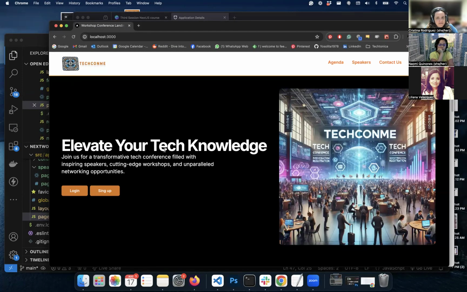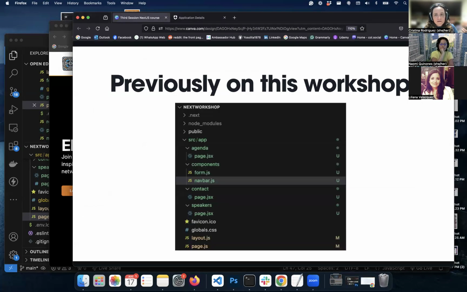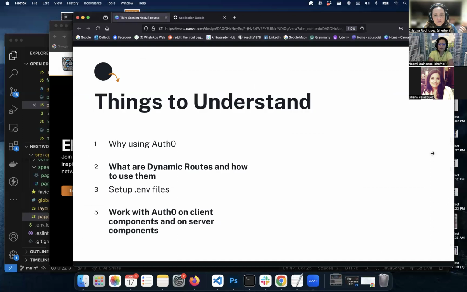Again, this is the whole session for today. You follow the things to understand for today: why we are using Auth0, the pros and cons. And for me, it was important that you understand that dynamic routes are not an Auth0 configuration. They are a Next.js property. It's only that Auth0 relies heavily on that capacity,